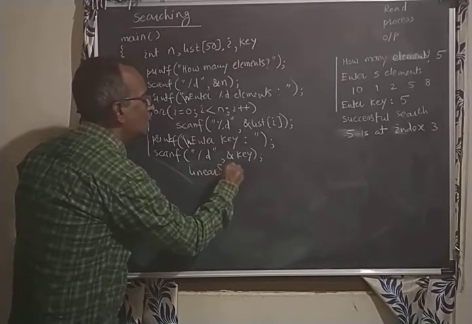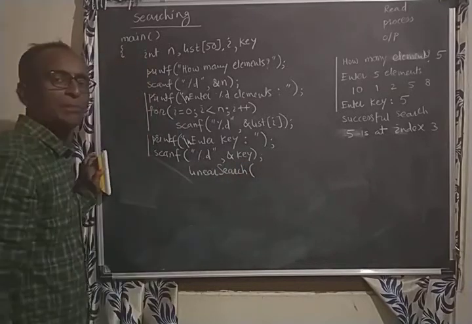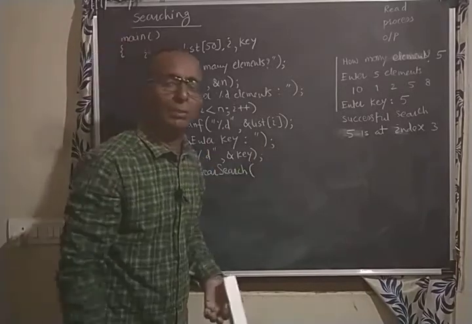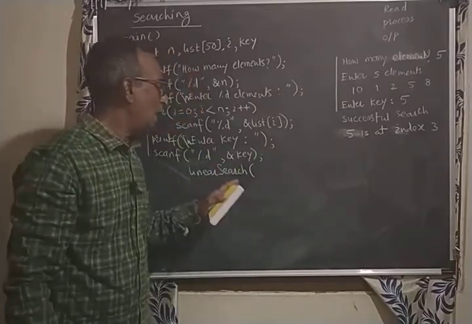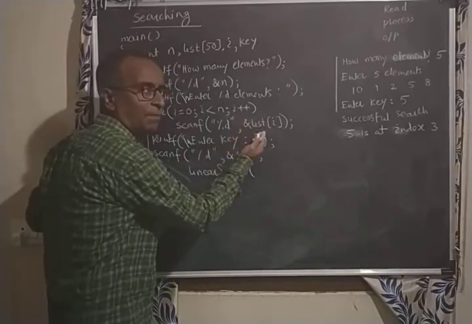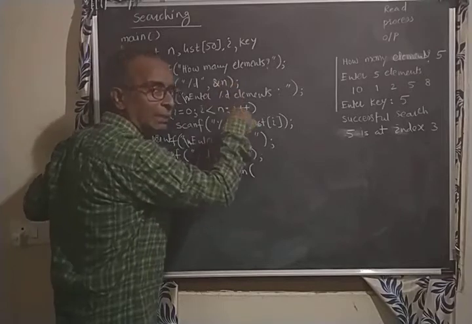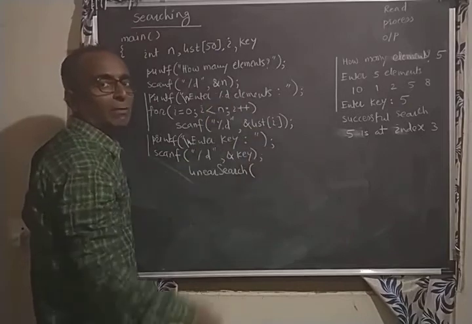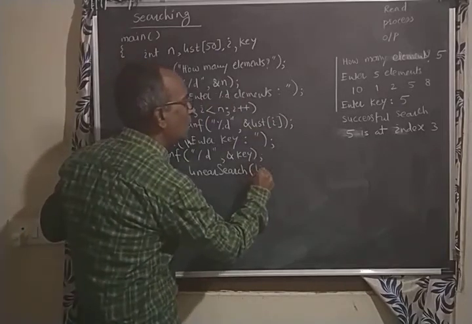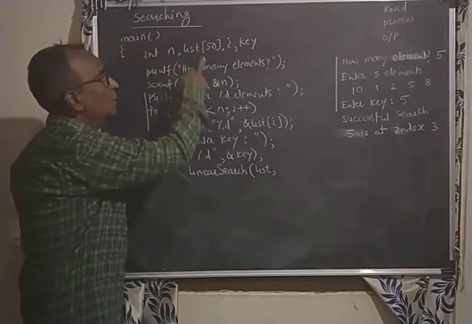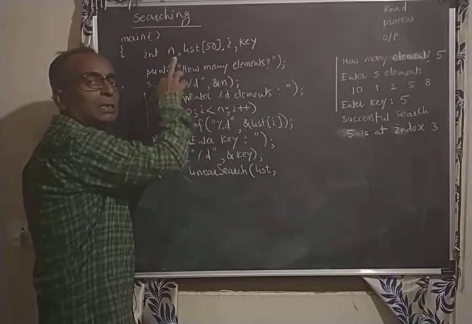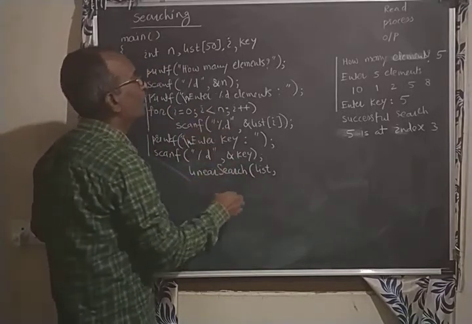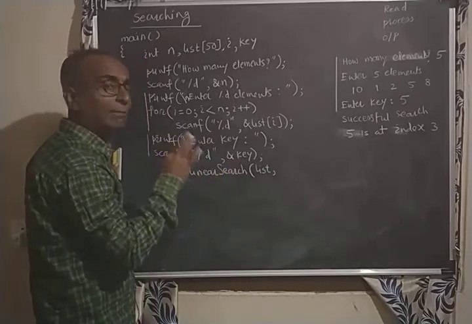Linear search. I am writing one function. I am calling here linear search. What I have to give to that person or a function? I have to give list and I have to give number of elements in this list and I have to pass this key to be searched also. Then only he will find that. So I am passing list. Arrays are passed by reference. So this array name always represents constant pointer. This means constant pointer to first element in the array. And array always will be passed by reference.